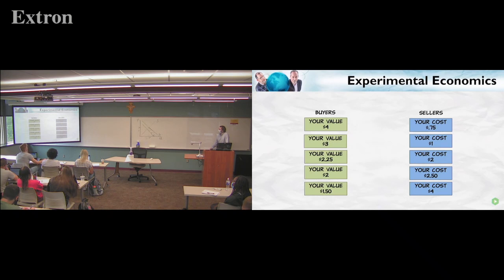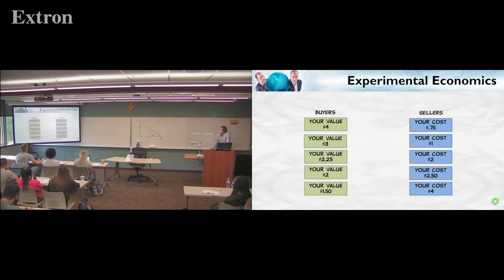Notice that the distribution of buyer values determines the demand curve. At a price of $3.50, for example, the quantity demanded would be 1. But as the price falls to, let's say, just below $3, the quantity demanded would increase to 2. Similarly, the distribution of cards for the supplier costs determines the supply curve. Moreover, because Smith knew the values that he distributed, he could calculate the demand and supply curves and the predicted equilibrium price and quantity.